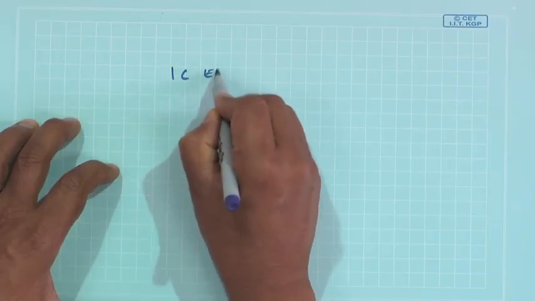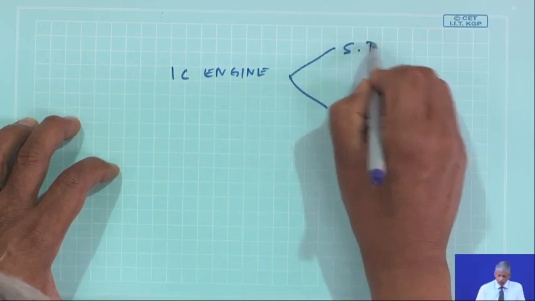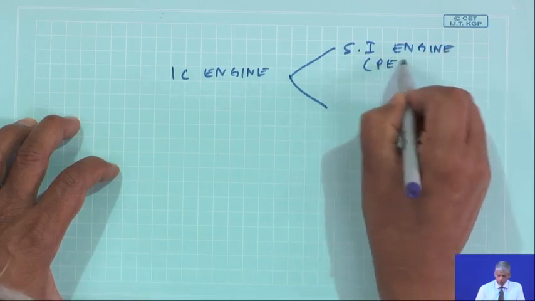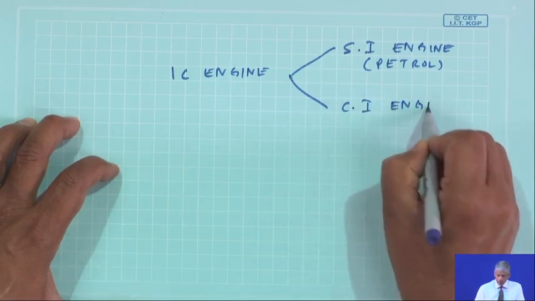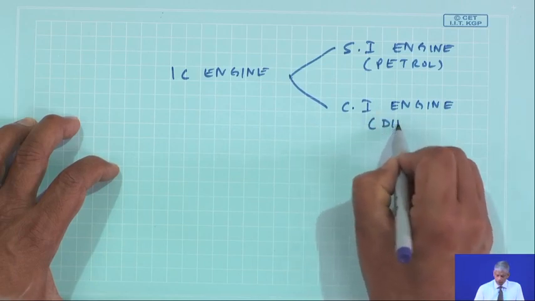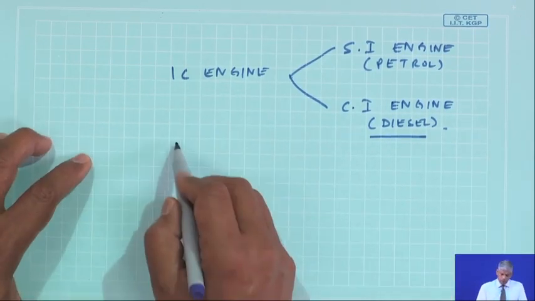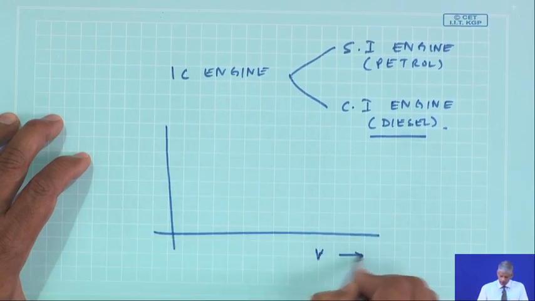And if you think of an IC engine, if you classify IC engines, there are two broad classifications: the SI engine, the petrol spark ignition engine, and the CI engine or the diesel engine, the compression ignition engine. Okay. So, if you look at the PV diagram of an IC engine, any engine for that matter,